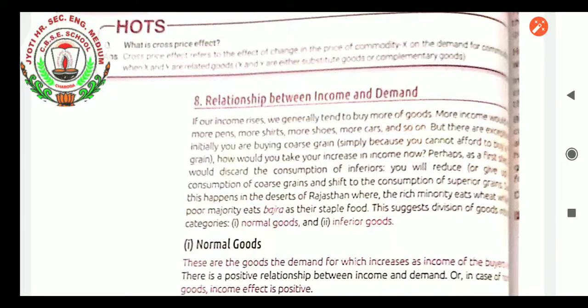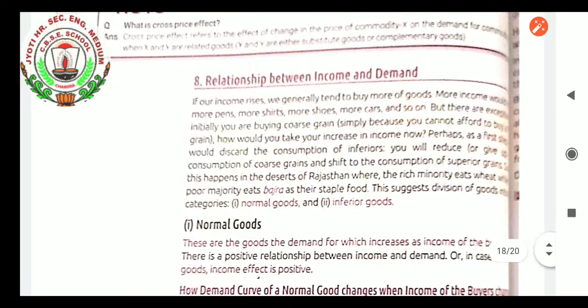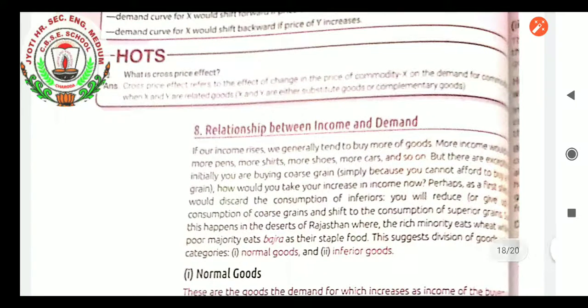Now we can see one more point. When there is an increase in petrol price, those who have the car will also consume less, and even those who have planned to purchase the car will not purchase it because petrol price has gone up, and without petrol a car cannot be run. This is the situation when demand for car is declining when price of petrol is increasing. This itself is known as cross price effect.